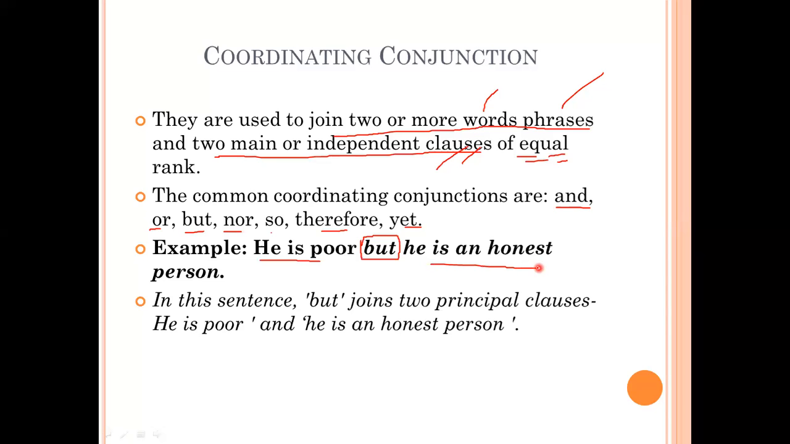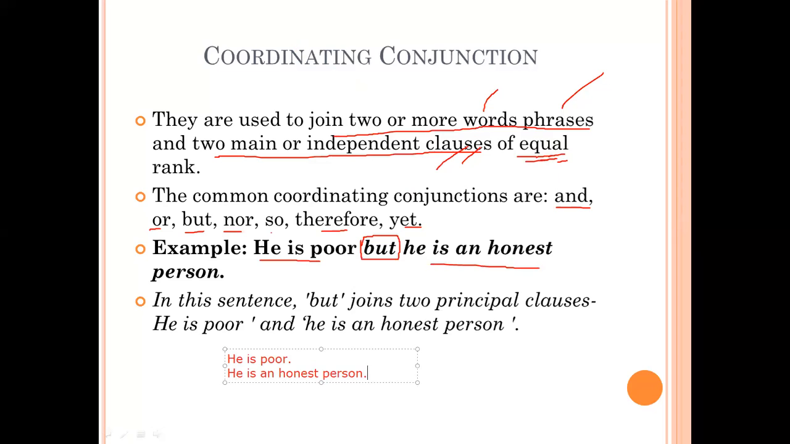He is an honest person, this is another sentence, and they are of equal rank. So what do you mean by equal rank? We can write them separately. For example, I can write these two sentences like this. He is poor, this is one sentence. I can write another: He is an honest